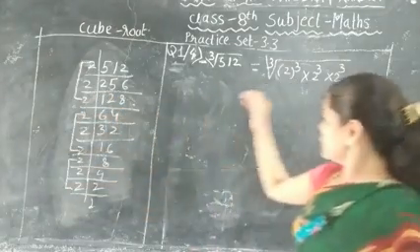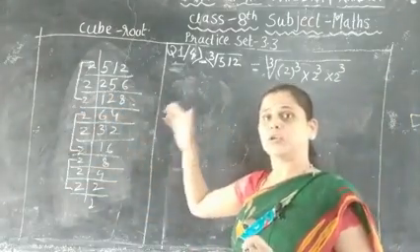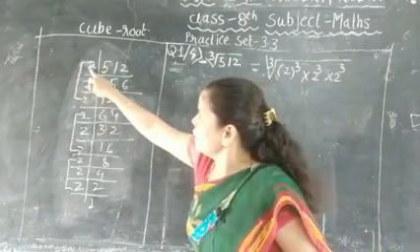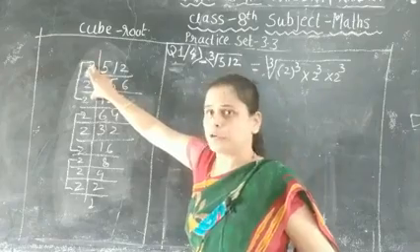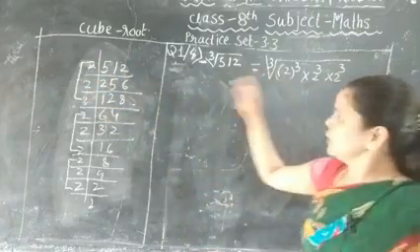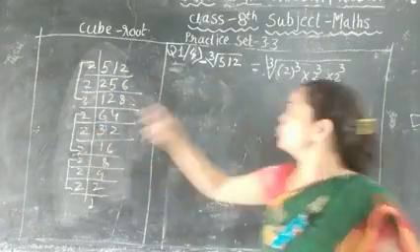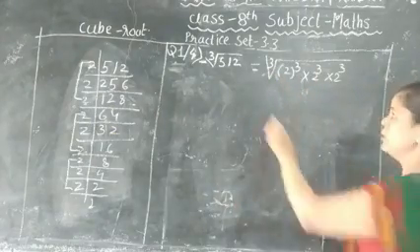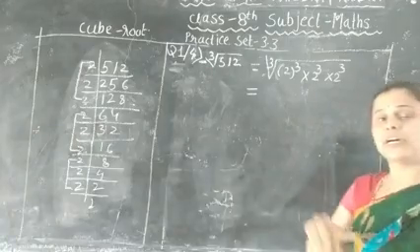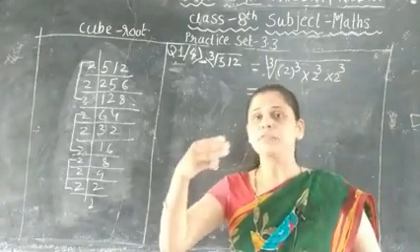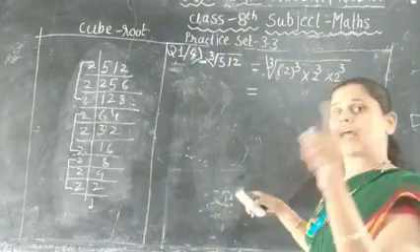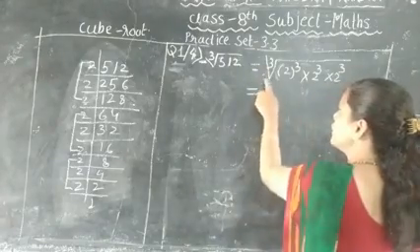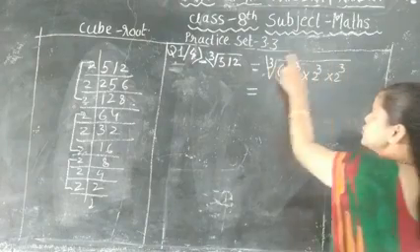So to avoid writing the 2 multiple times, I write here 1, 2, 3, one group of 2, so 2 raised to the power 3, then 1, 2, 3, so 2 raised to the power 3 and 2 raised to the power 3. If we have a group of 3 of any particular number, then write that number outside of this cube root symbol.